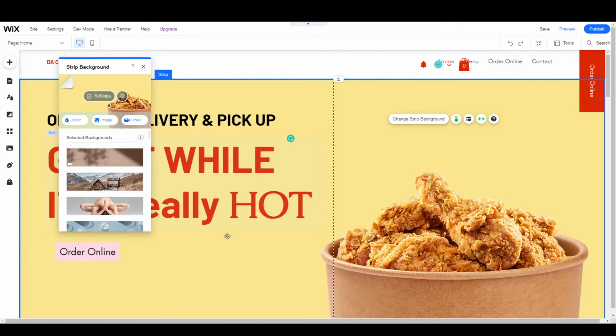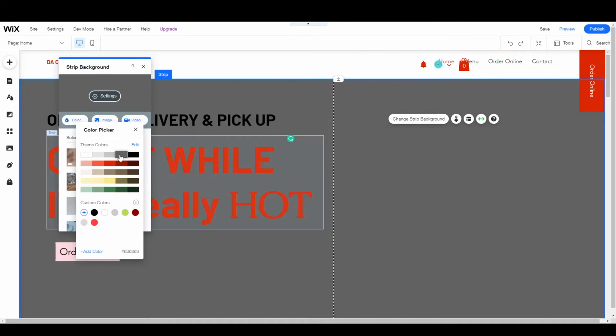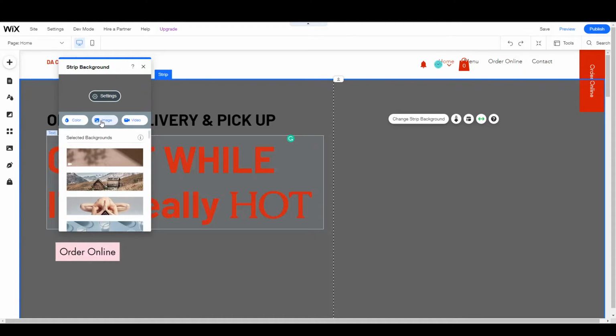If you don't want an image in the background, you can select a color. Let's suppose we want this color. As you can see, it's changing. So let's add an image as background,